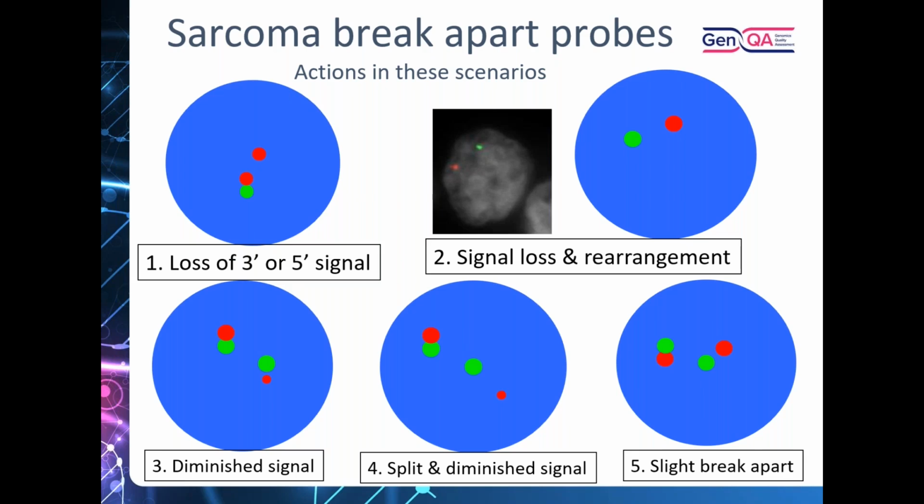It's important to have a consistent approach in terms of what we do here. First of all, look at whether we've lost the 3' or 5' signal. What does that mean for the signal that's remaining there? Could we extrapolate and think, actually, that looks like the part of the gene we're most interested in, the active part of the fusion? But you're hedging your bets if your report goes out suggesting that